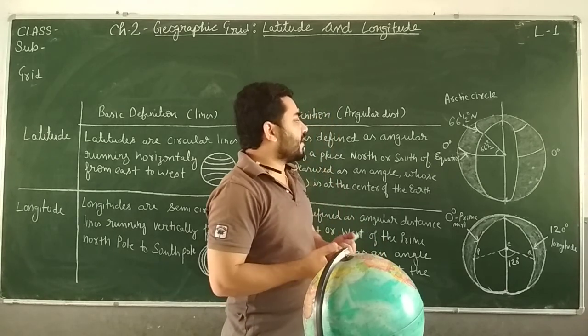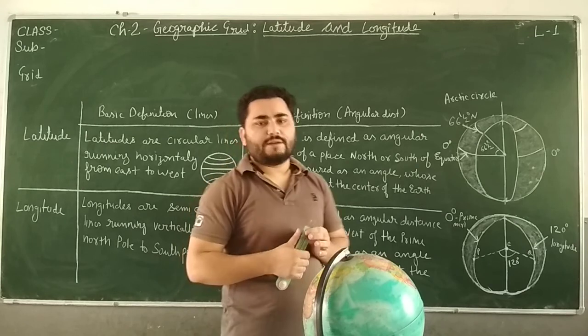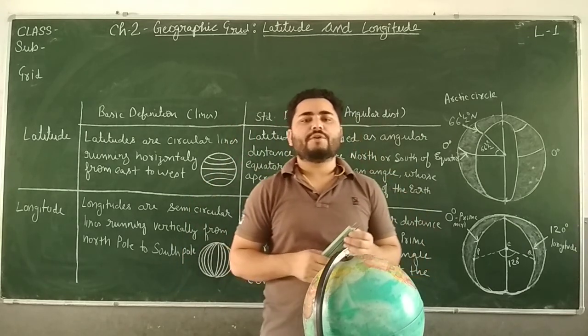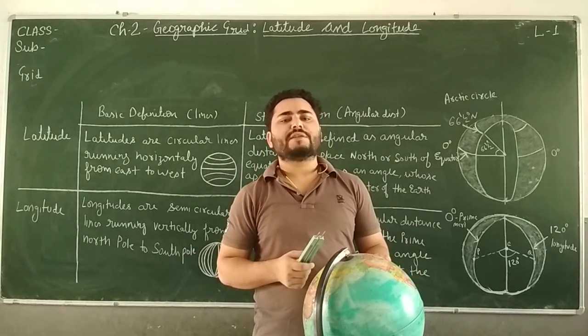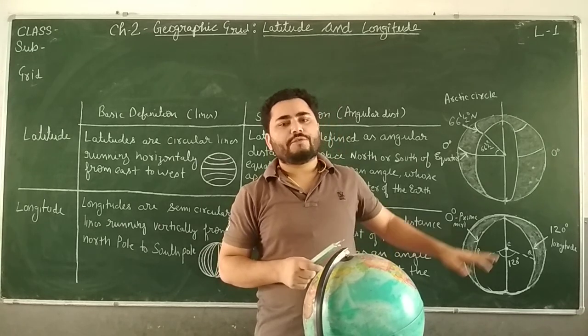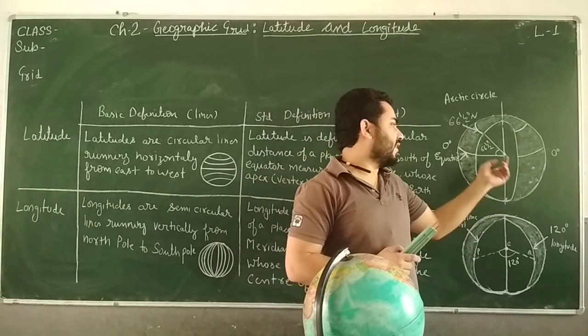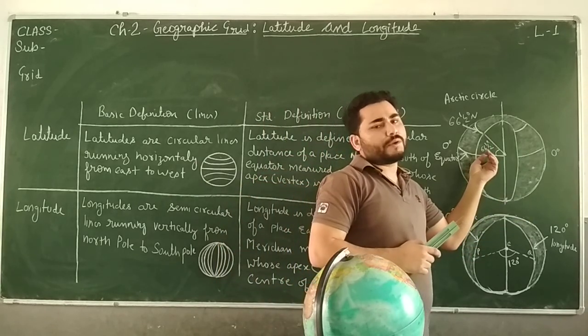So these are the lines of latitude. I hope you have understood how we measure the angles, right? You must be wondering why we call one line 0 degree, 2 degree, 3 degree, 4 degree, 5 degree, and what the point of reference is. So the point of reference here is the center of the Earth, and the line drawn from the center of the Earth is taken as the baseline, 0 degree, or the equator, right?